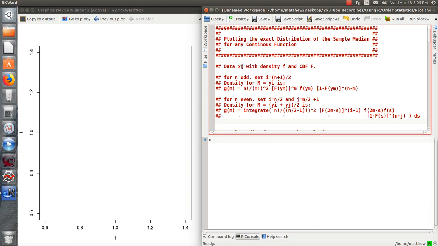So here we're going to assume our data is continuous with the density f and a cumulative distribution function capital F. And the sample median is the middle value of your sample. So if n is odd, it's exactly the middle value. So the ith order statistic, where i equals (n+1)/2, has this density. And we're not going to go over how to derive these. I have a video explaining this, and also for n even, we take the average of the two middle